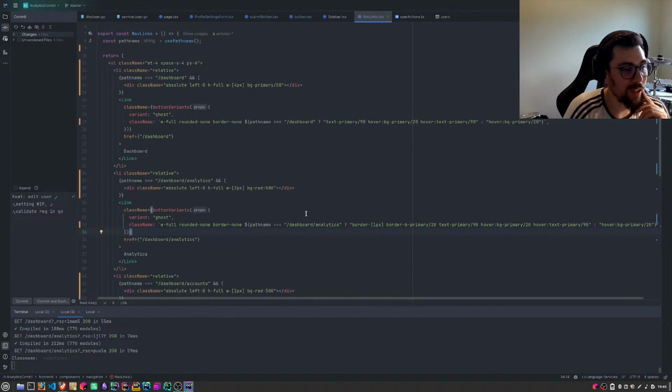I have a coworker who started doing Go. He's a front-end dev, he's been doing front-end for, I think, 10 plus years. Such a great guy, man. And he started doing Go, and he said he likes it.